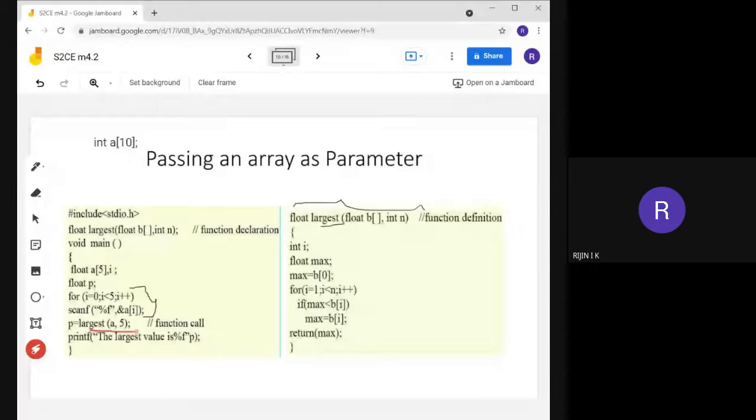Okay, largest of 5. What will happen? The control will transfer from here to here. While calling that function, control will transfer from here to here. Then here in this function definition section, first is float a square bracket, and then float b square bracket. That means compiler can identify that first argument that is received from the main program will be an array type. Okay, first argument that is receiving from the main program will be an array type, because എന്താണ് ഇവിടെ array ആയിട്ടാണ്